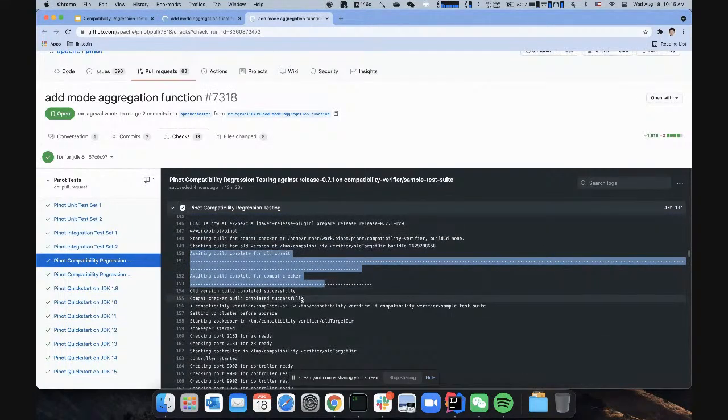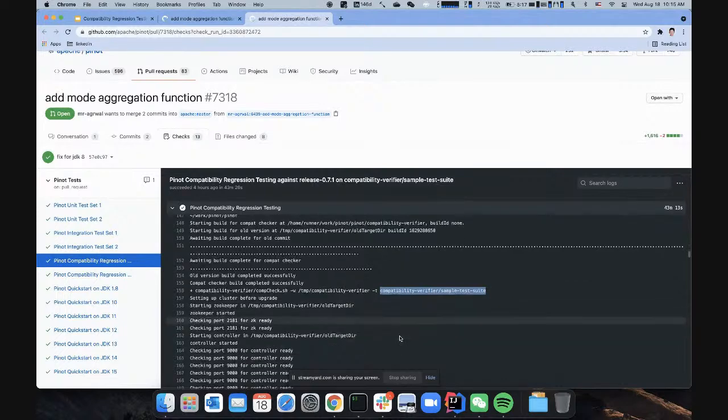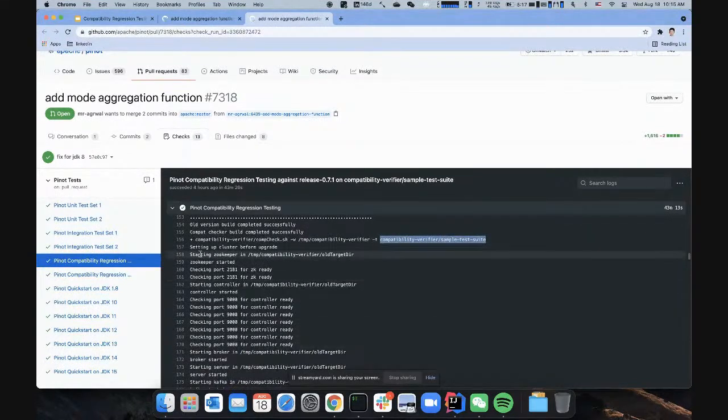After the building is complete, we will run the test against the default test suite. But the user can provide their own customized test suite too. So first it will set up the cluster using the components built from the old release.